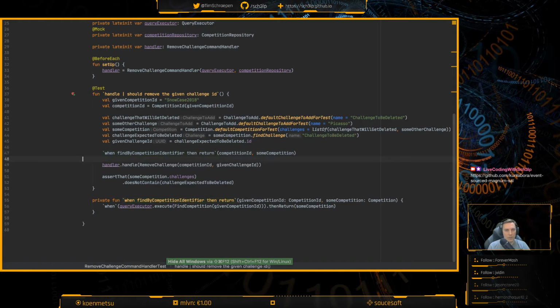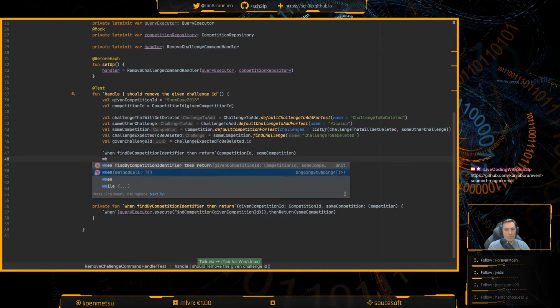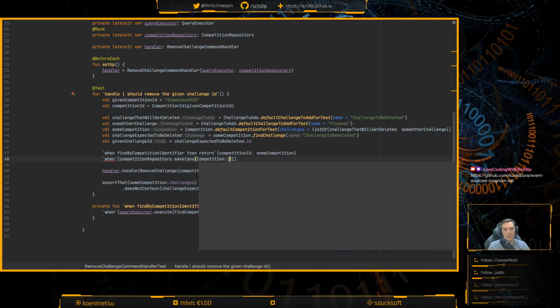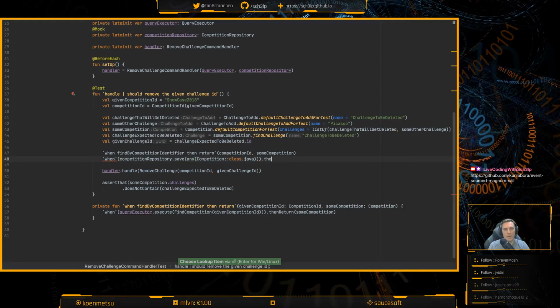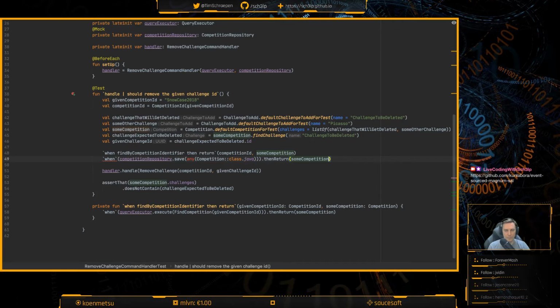So what I'll need is a when our competition repository dot save is being called with any competition class, then return some competition. Problem?